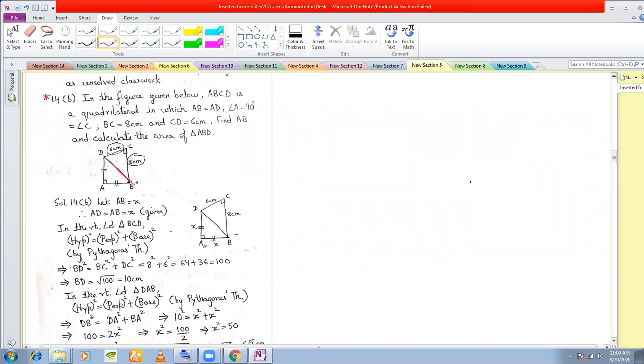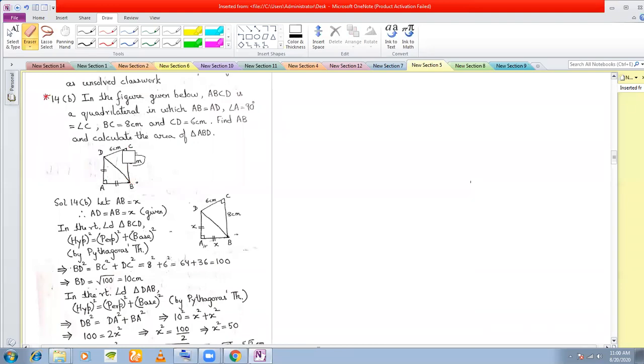Now, once you find out the length of this hypotenuse, again you see that this is a right angle triangle in which these two sides are equal. If you take this side as x and also this side as x, which one is the hypotenuse? This side, BD, is again the hypotenuse of the right angle triangle. And therefore, your perpendicular is x, your base is x, and you know the length of the hypotenuse because you have already calculated it with the help of this triangle, and therefore you can find out the value of x. Okay, so let us do this.